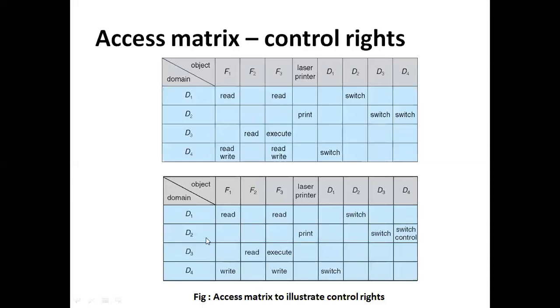D2 can modify the domain D4. Earlier, in the first figure, D4 had read and write for F1 and F3. That can be changed to write and write. And who is going to do this? D2 is going to do this because it can control D4. Thank you.